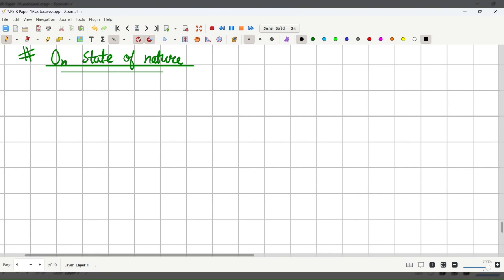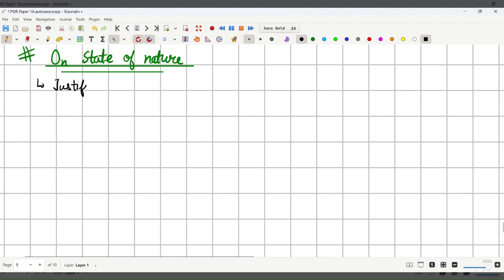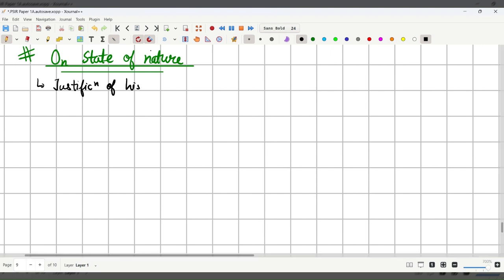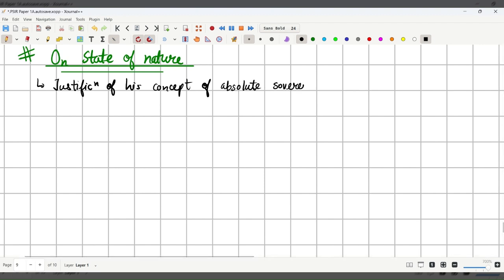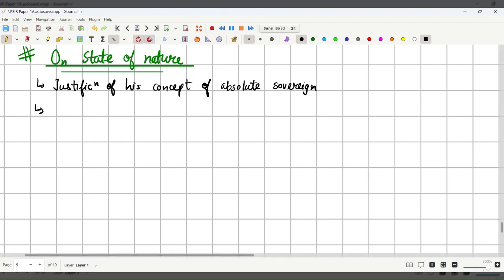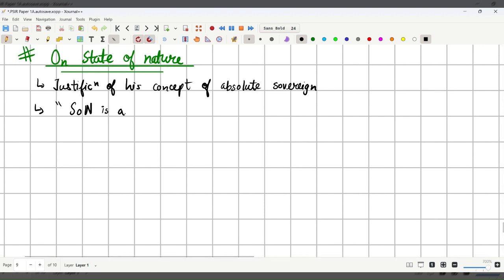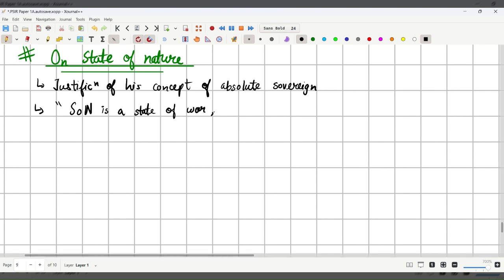Okay, so his state of nature is basically justification of his concept of absolute sovereign. Okay, so a few quotes on state of nature. According to Hobbes, state of nature is a state of war of all. It is a state of war of all against all. Okay,